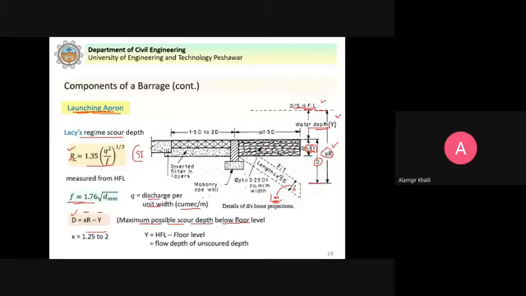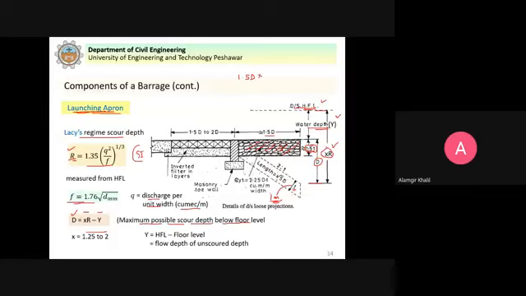So you see the volume here. What is the volume here? You can see that this is 1.5 times D, into thickness.